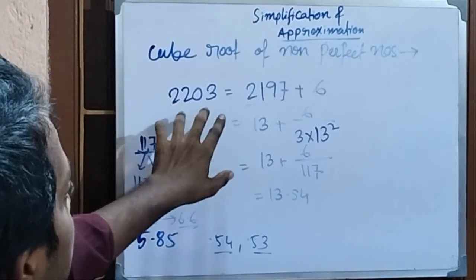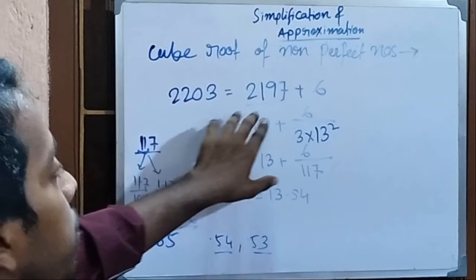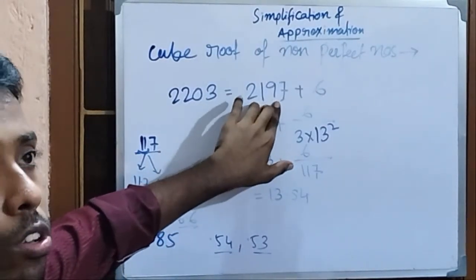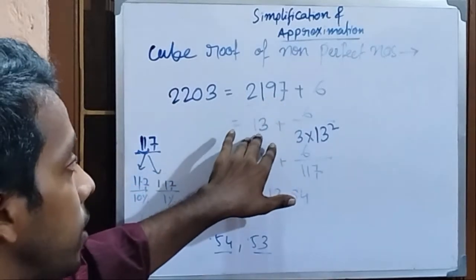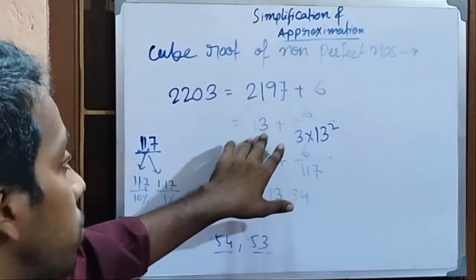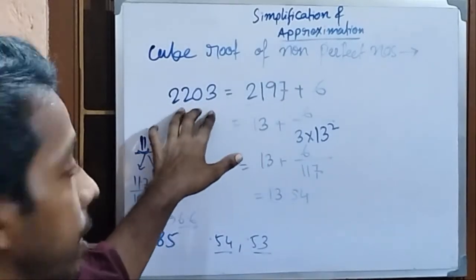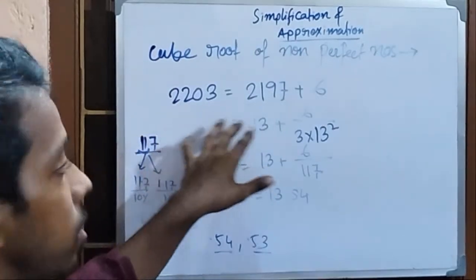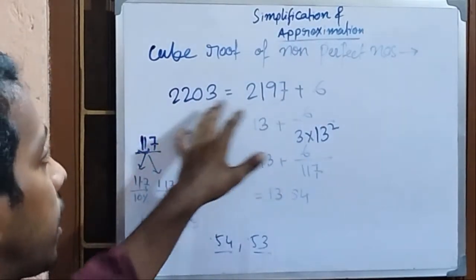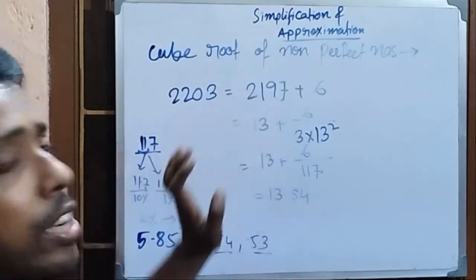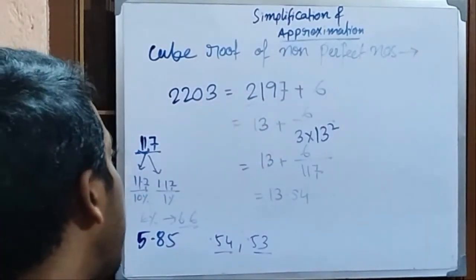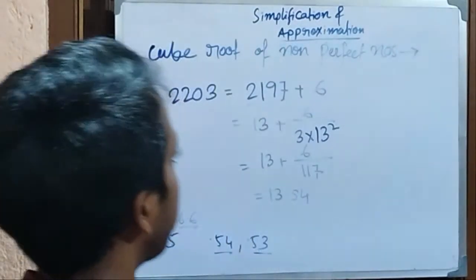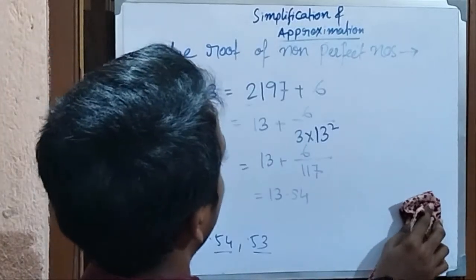See here, whatever the number is given, you have to take the closest perfect cube number which has an integral base number, right, whose cube comes up close to the given number, but not more than that, but close to this number 2197, which is 13 cube. Then this kind of number would generally click to you very easily, right? And for that you have to do some practice. Okay, this is it. So moving to the next part.